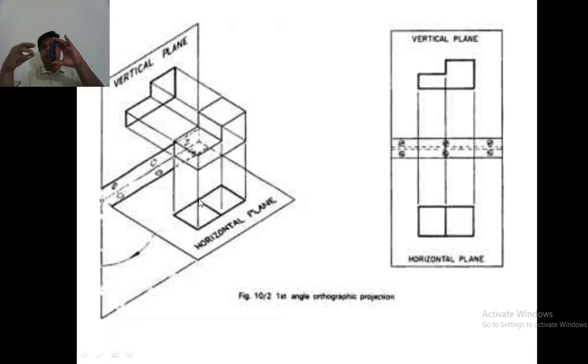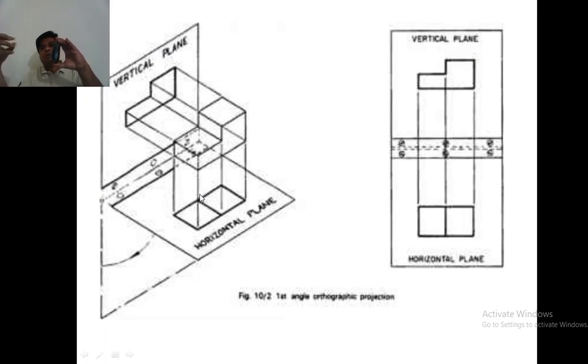Whenever you project the object, the shadow of this object will fall on this vertical plane. That is called the image or view of the object. So this is the actual object, this is the plane of projection, the vertical plane, and you are seeing from this side.